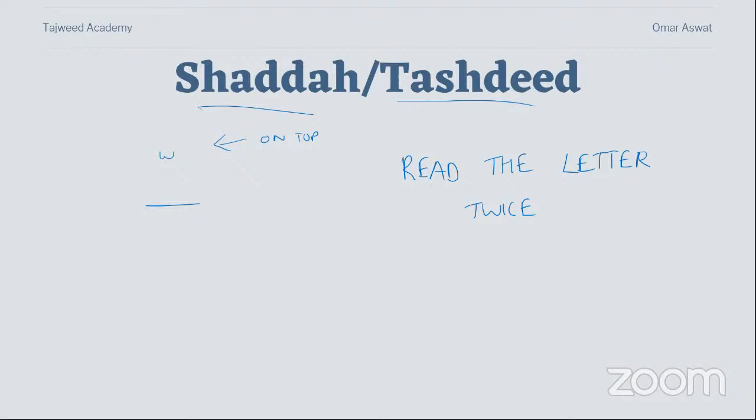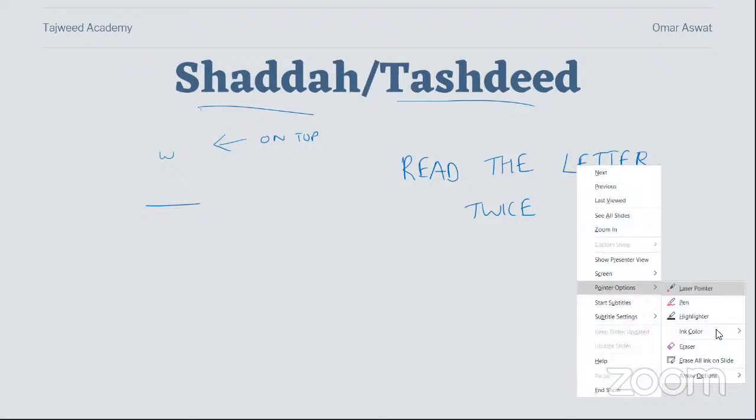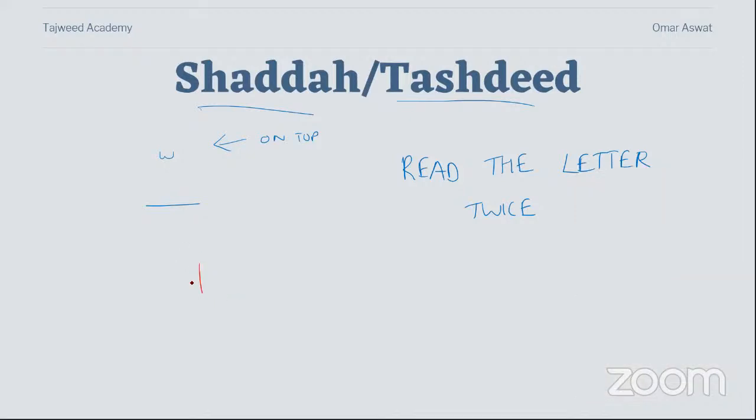The easiest example, the best example, is Allah. Think about it. Allahu. We are reading the letter lam twice because it has a tashdid on top of it. Technically, if you look into it intrinsically, it'd be al. So you're reading twice. The first one would have jazm, and then the second one will have whatever vowel is associated, and then Allahu.